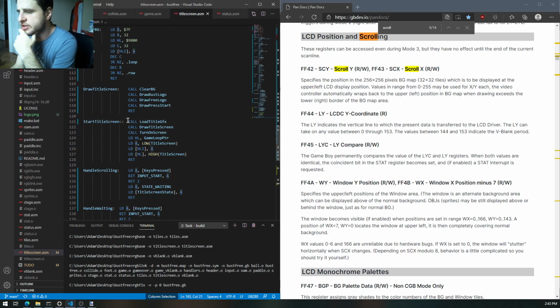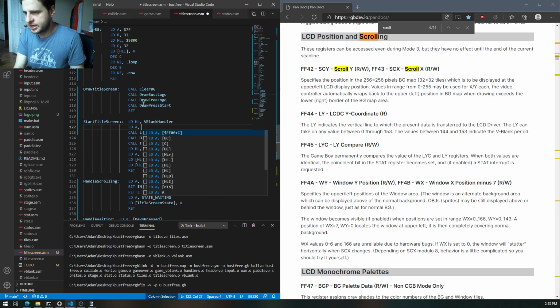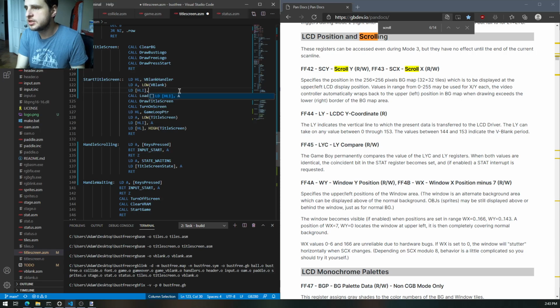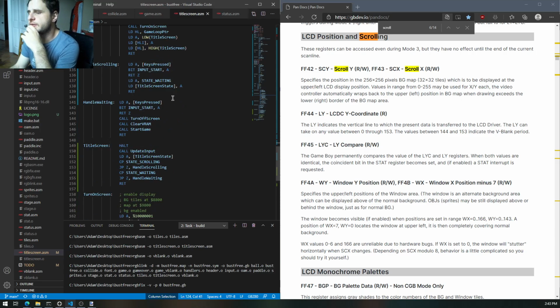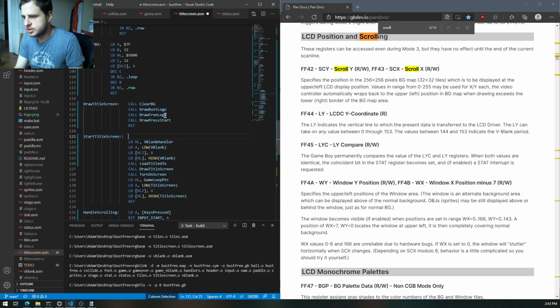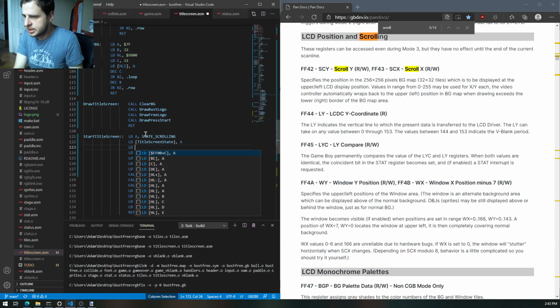And then here in Start Title Screen, I need to initialize the VBlank handler. Is that what I called it? Yeah, VBlank handler. Load VBlank. Whoops. I'll get this right eventually. We've got to initialize all these variables. So when we start, we're scrolling in. And the initial scroll is going to be,